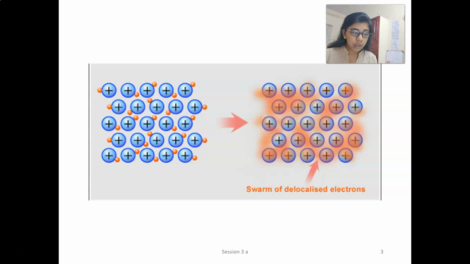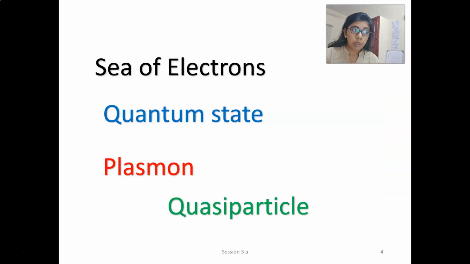We cannot treat an electron as a particular particle and say this electron is present near this atom. We cannot say this electron was donated by atom number 1 and is present near atom number 1 itself, in the case of a metallic bond. Instead, in a metallic bond, the electrons are delocalized along the conductor. So there is a sea of electrons in the conductor. That is the term that we use in the case of metals,